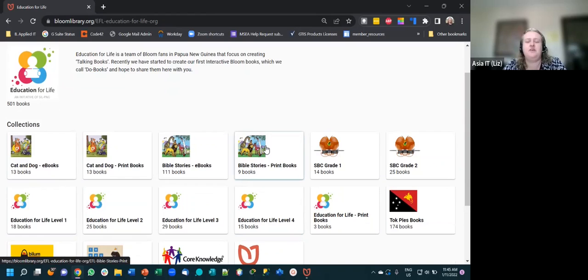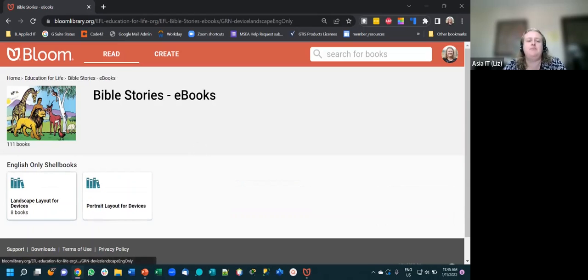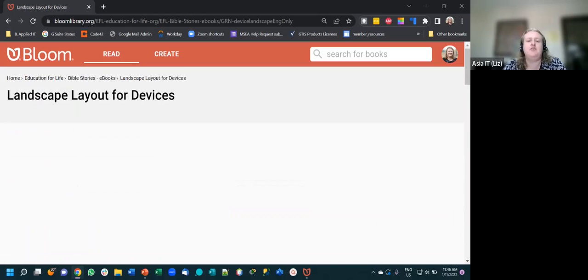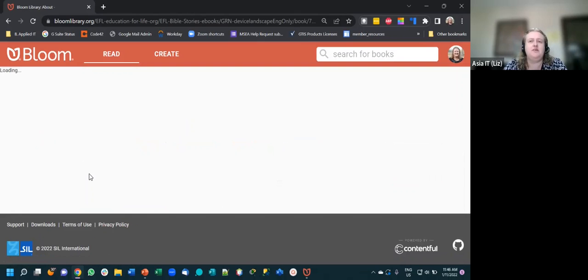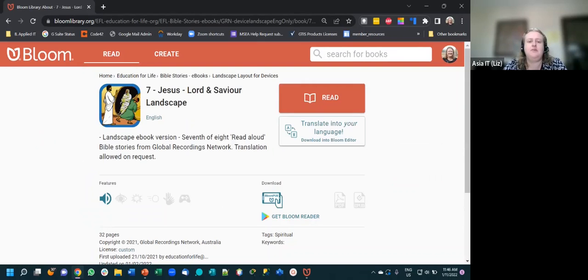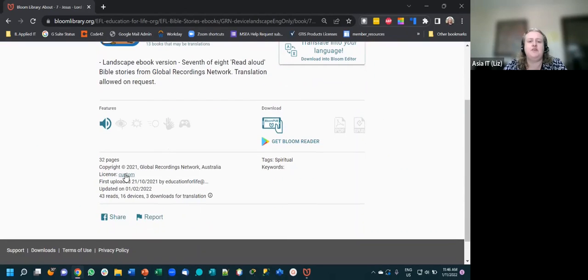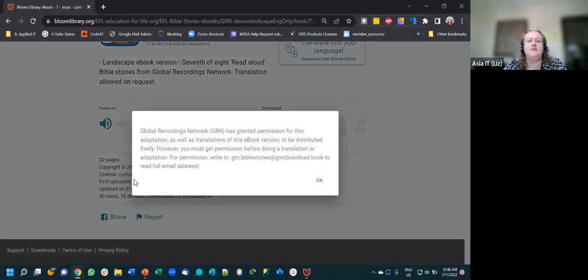Some of the books may have restricted copyright information. You can usually see, yeah, so it's got a custom license. So if you click on that,